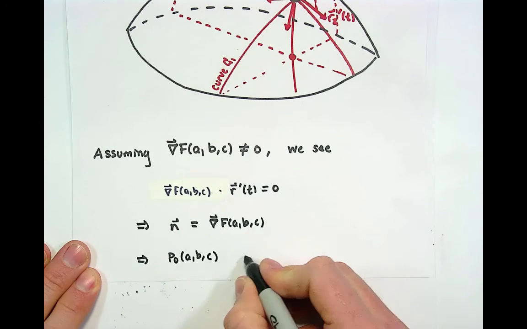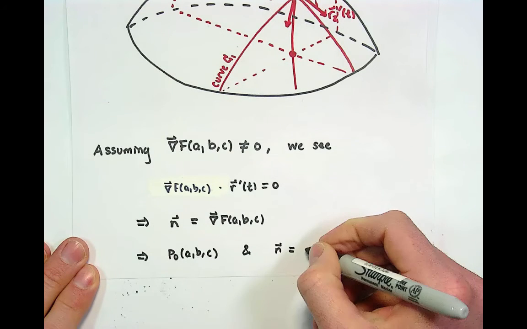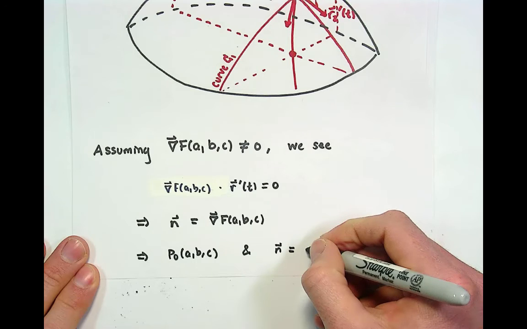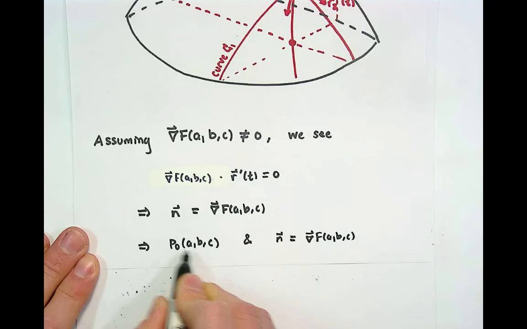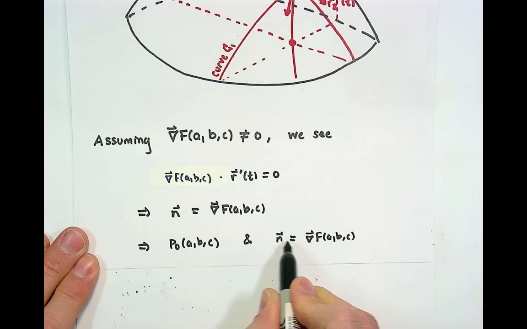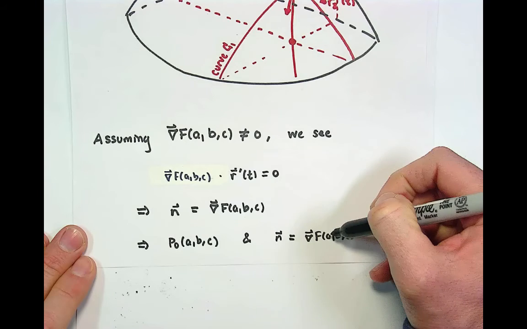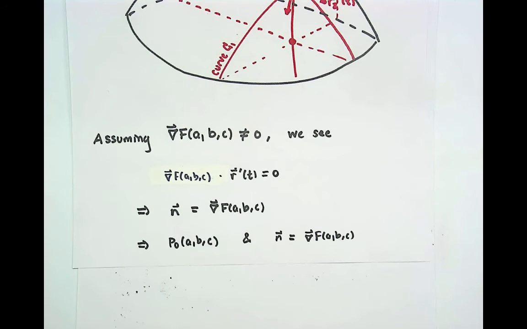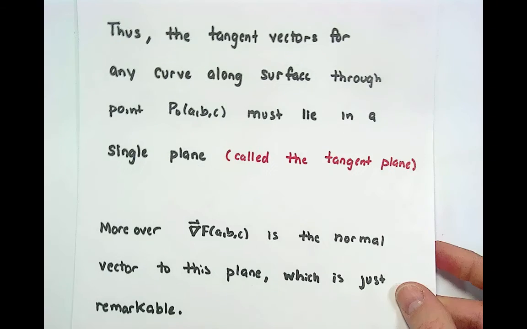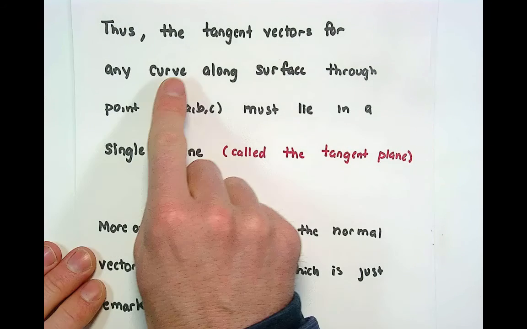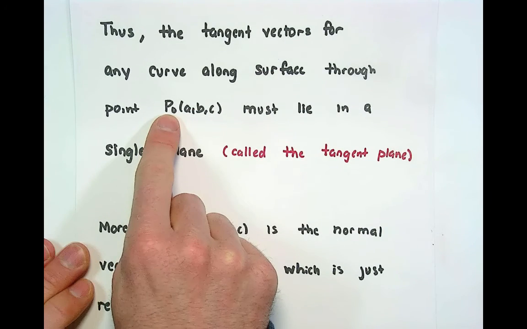We needed a point on the plane, and we needed a normal vector to the surface that defined the normal vector of the plane. So the point is given by whatever the coordinates are, and the normal vector is given by the gradient of the function that defines the surface evaluated at the particular point. Pretty cool, right? So what we say is the tangent vector for any curve along the surface through the point